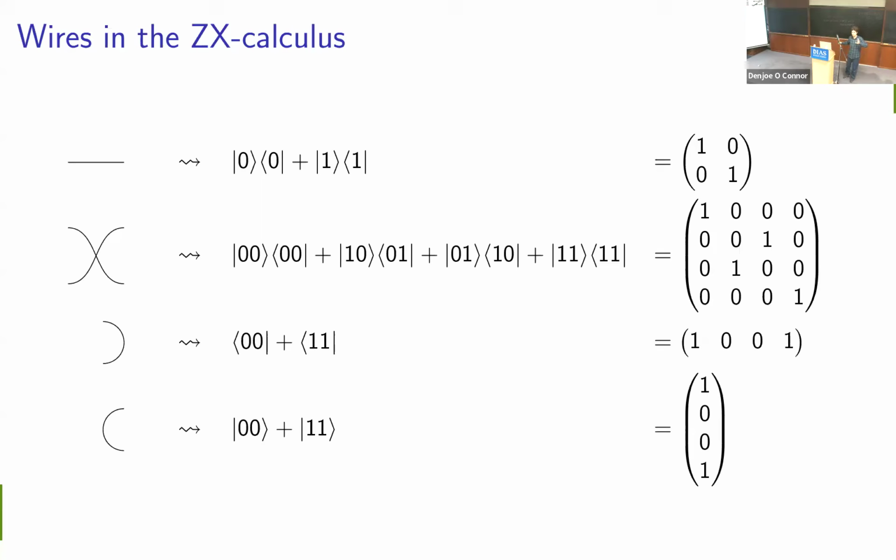I'm going to play a little fast and loose with normalization in these diagrams because that makes things easier. But we can also normalize everything correctly if we want to, at the cost of having either some numbers or some other small diagrams floating around that are disconnected from everything else. So yes, this curved wire with two outputs gives us an entangled state. And this curved wire with two inputs is just the adjoint of that one. So also the entangled state, but now as a bra rather than a ket.